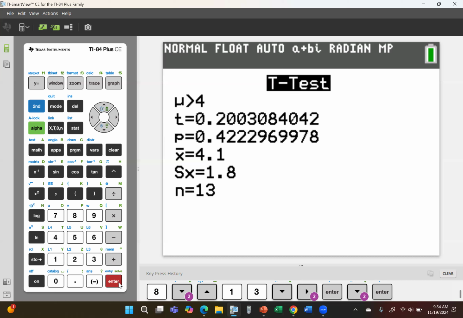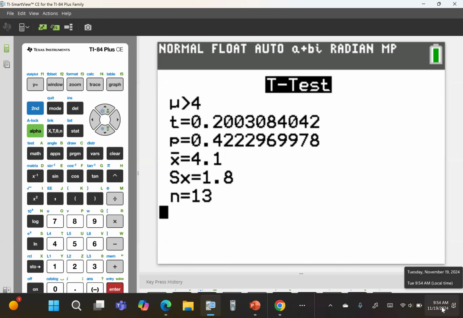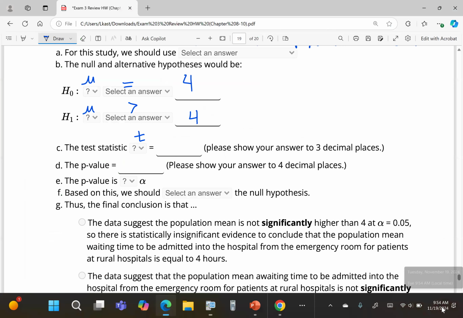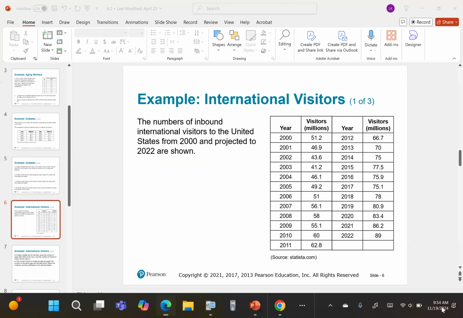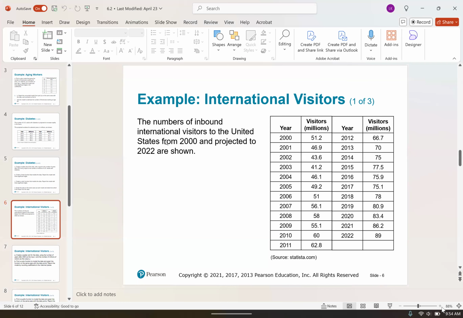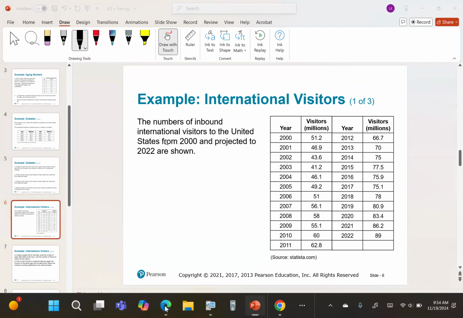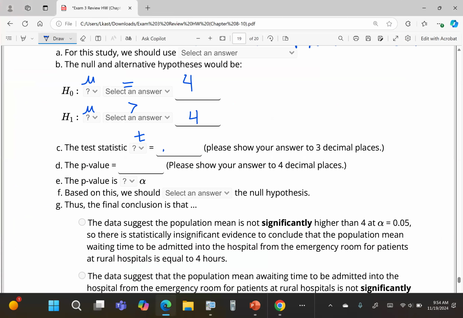Okay, so the test statistic t to how many decimal places? 3 decimal places is 0.200. And the p-value is 0.4223 to 4 decimal places. They do ask me to round the t statistic off to 3 decimal places and the p-value off to 4. So the t statistic was 0.200, and the p-value was what,